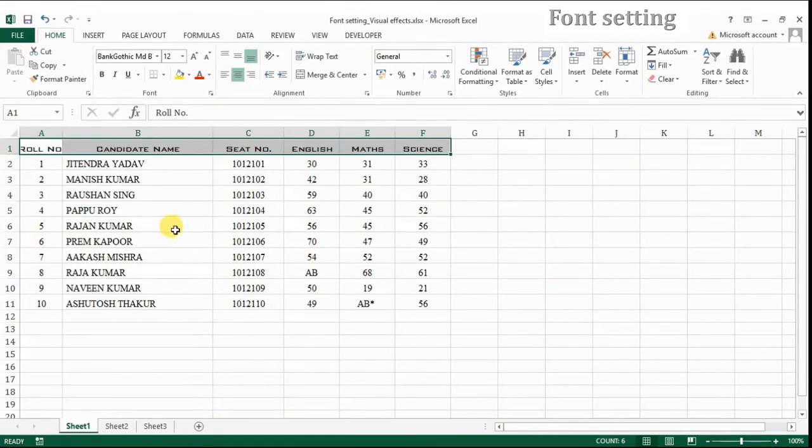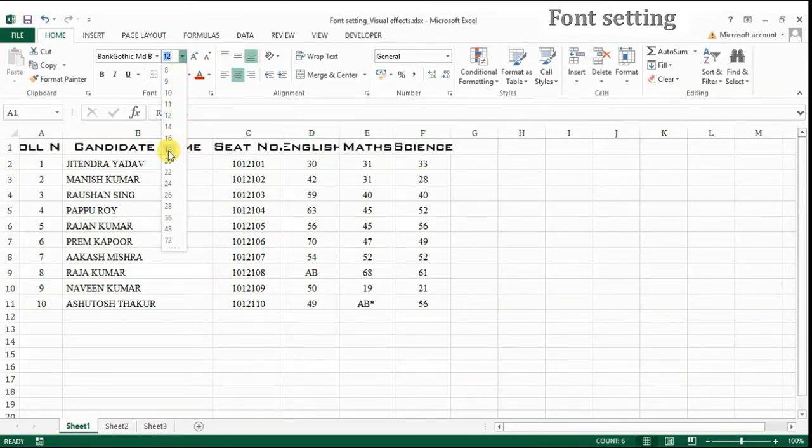If you want to change the size of the font, select the text and change the font size of your text from here. The default size is 12. You can change it to a larger one or smaller one like this.